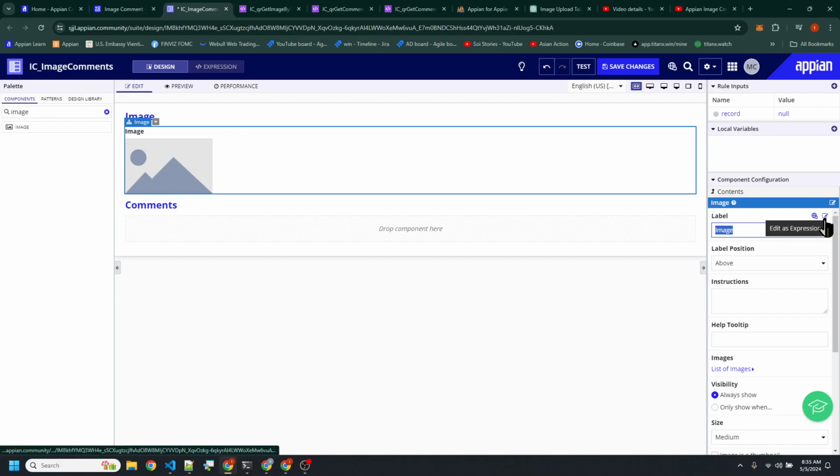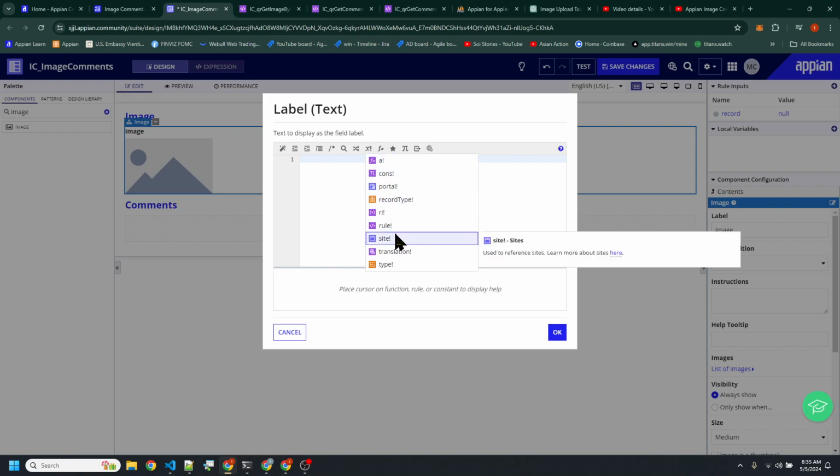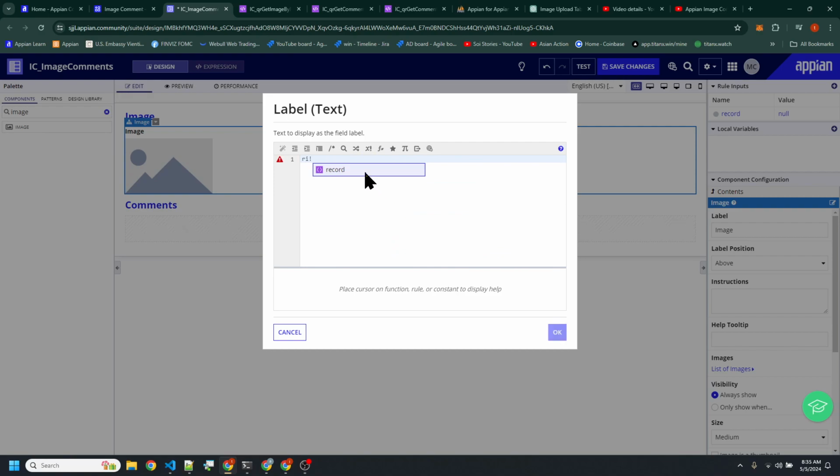Over here, what we're going to do is assign this. We're going to tap into the rule inputs here. Is there an option for me to tap into the rule inputs domain? It would be RI record. So you click on this X and it allows you to see all the domains you can use.